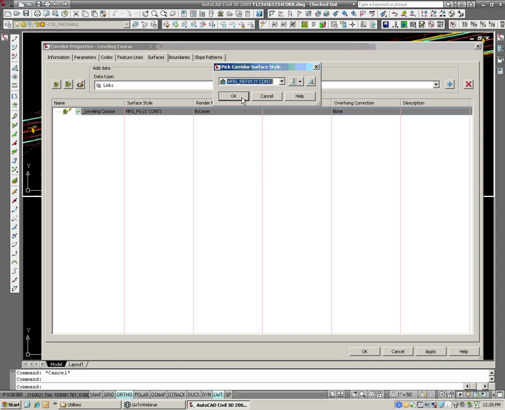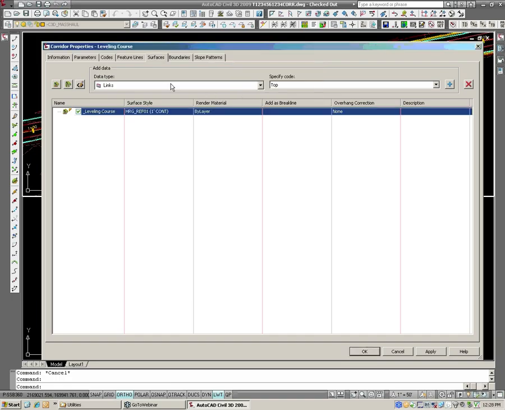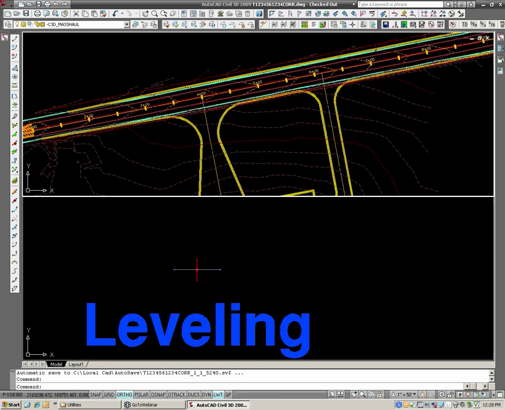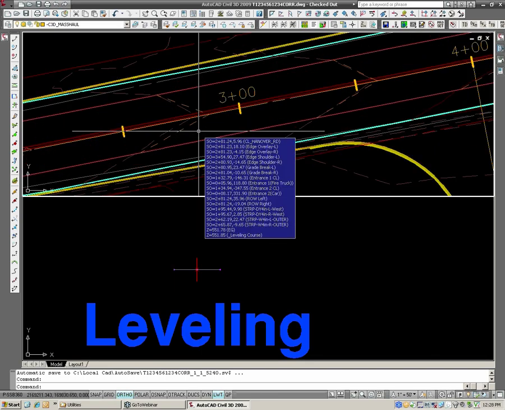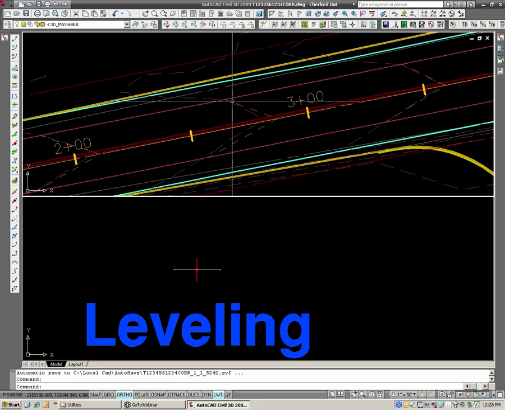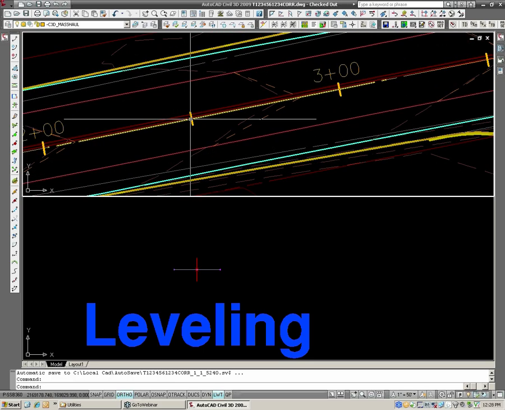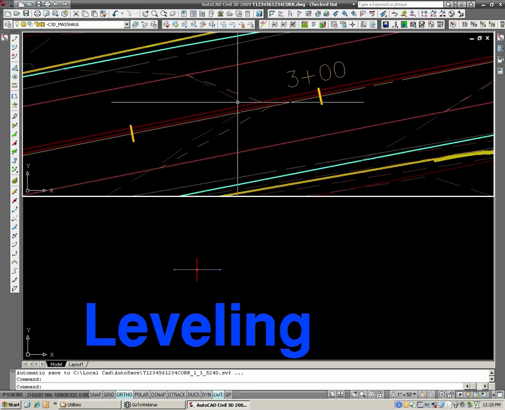It's really not a finished grade. It's not an existing grade. It's just a reference surface. And for the links, I'm going to add top links. So set link to top, hit add, hit OK. And what you can see is I have this reference surface now that essentially maps over existing grade. But for example, right at this contour between station 250 and 300, the cross slope of the road on the north side is less than 2%. So I had to hold the outside edge, bring up the center line, and then bring up the